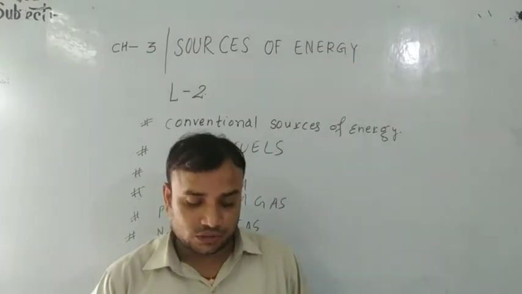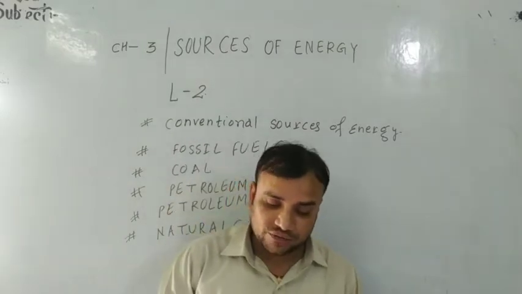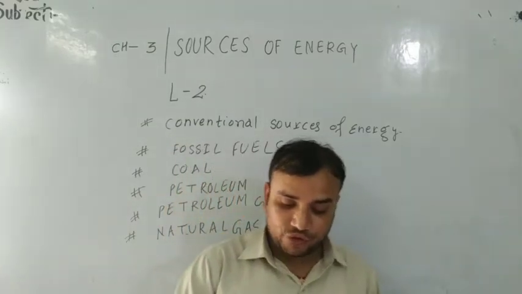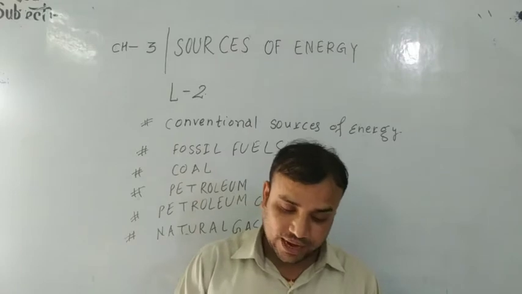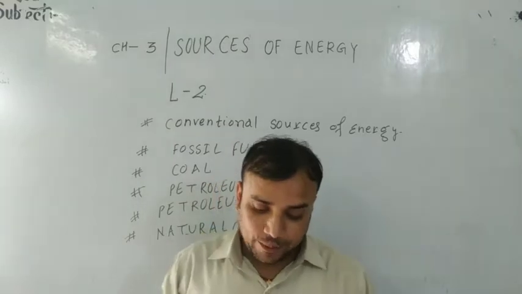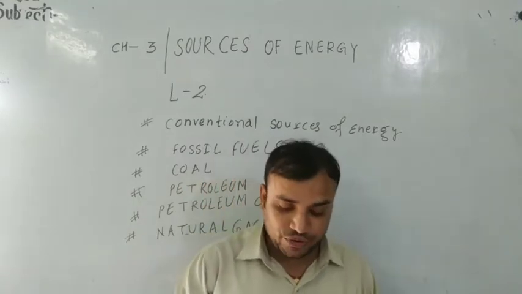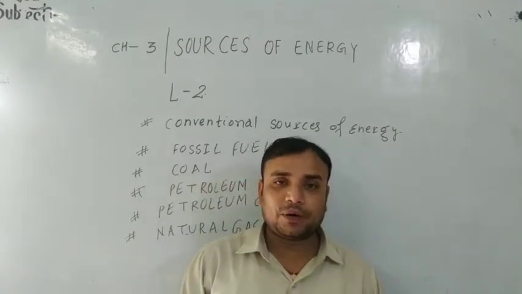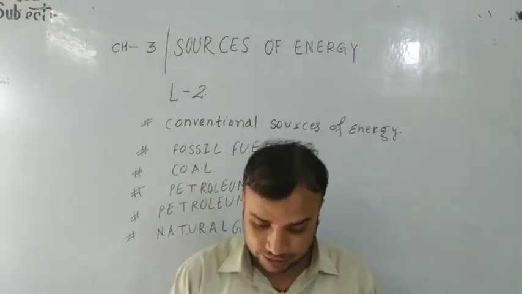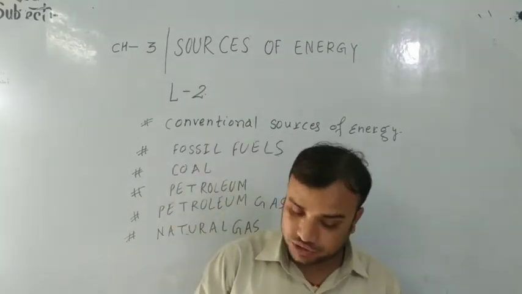The traditional sources of energy which are familiar to most people are called conventional sources of energy. The main conventional sources of energy are wood and fossil fuels like coal, petroleum and natural gas. The fuels derived from wood, coal and petroleum, such as charcoal, coke, coal gas, petrol, diesel, kerosene, fuel oil and liquefied petroleum gas, which is called LPG, we use for cooking in our kitchen, are also known as conventional sources of energy or conventional fuels.